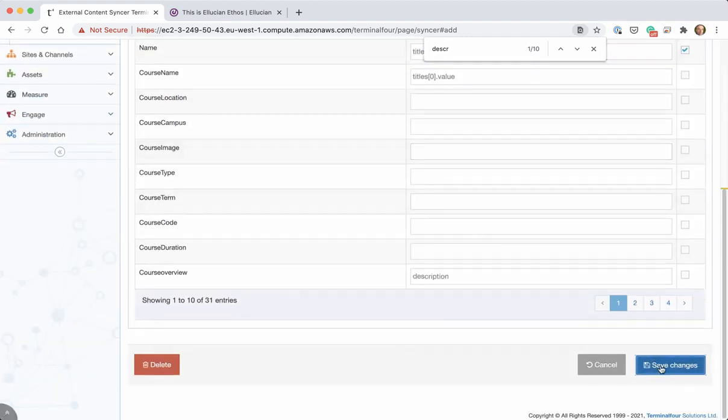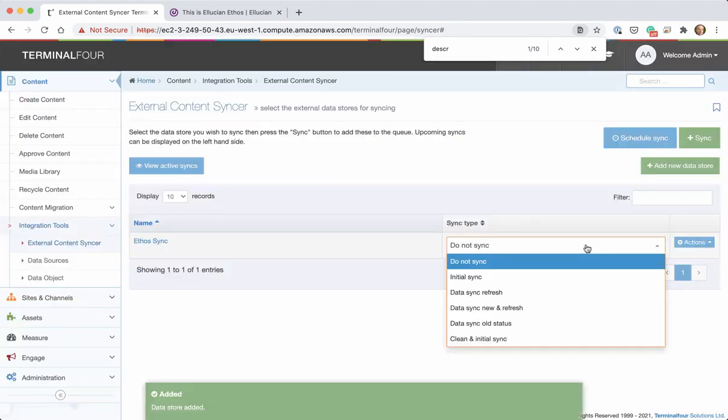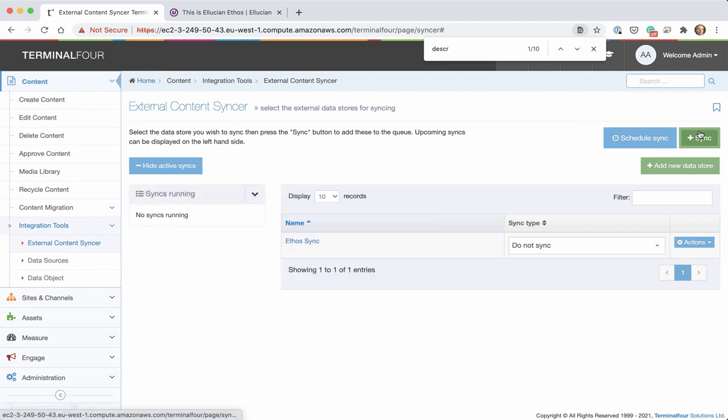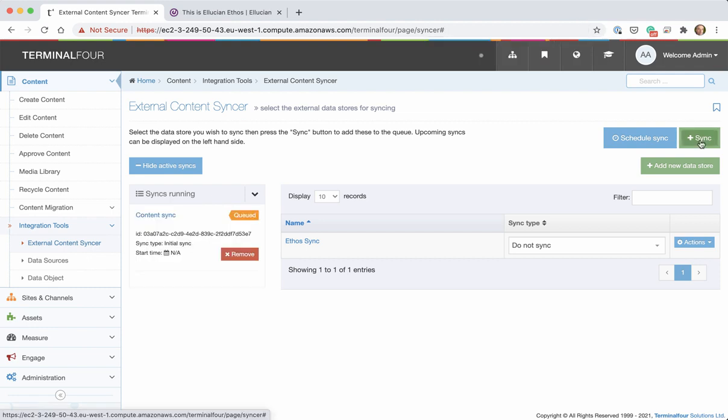And now I'm going to save my changes, and what I want to do is run an initial sync. Remember, I've specified the section that I want the content items to be created in. I've specified the content type that I want it to use, and now the data is going to be populated with that. So let's just do that. I'm going to sync. I've selected the initial sync because this is the first sync, and then I'm going to select sync, and over here on the left you can see the sync status. The sync status is updated now,